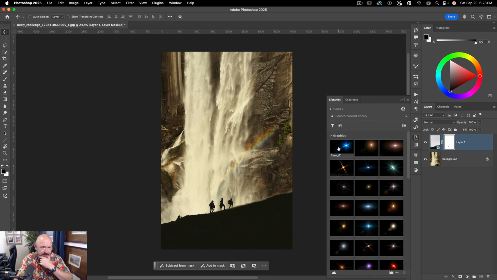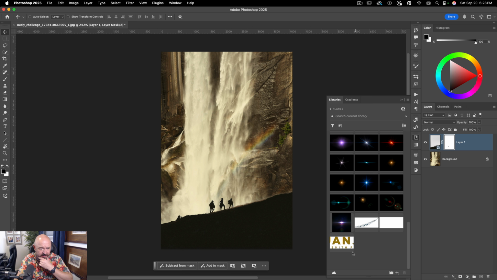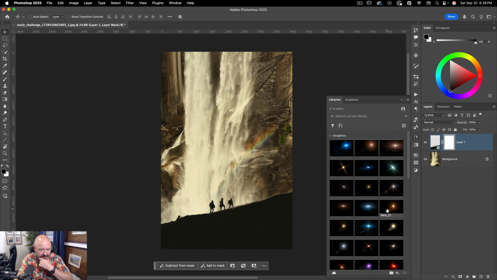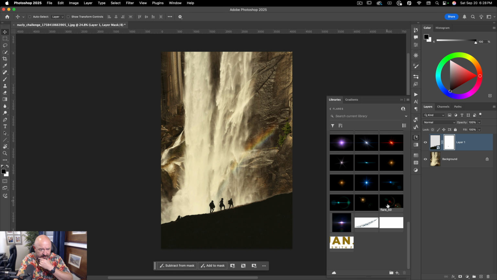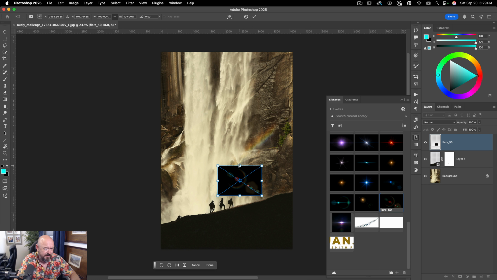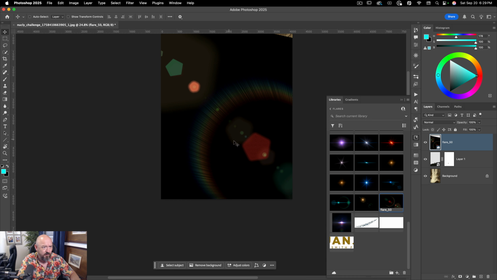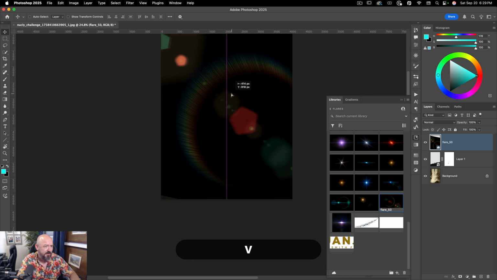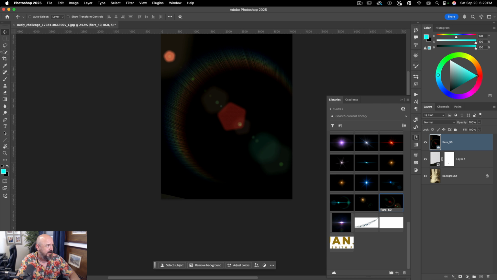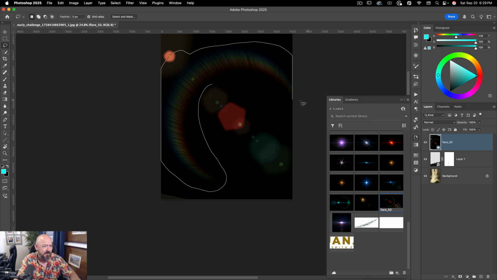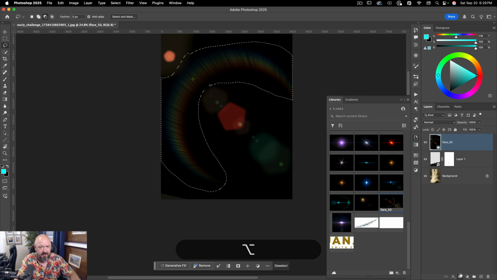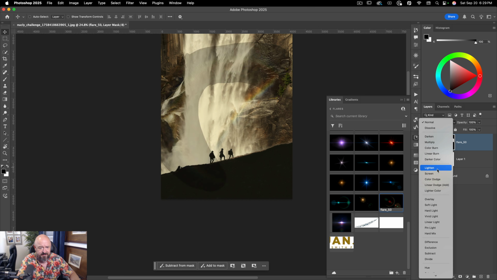So let me go in here and scroll toward the bottom. I do have a bit of a rainbow in there. All right, so let me grab that. I'm gonna make this quite a lot bigger. Kind of just want this rainbow. So what I'm going to do here is kind of move this so that I can isolate that rainbow, and then I'm going to do a very rough mask just around the rainbow here, like so. And then add a mask. We're going to put this on screen